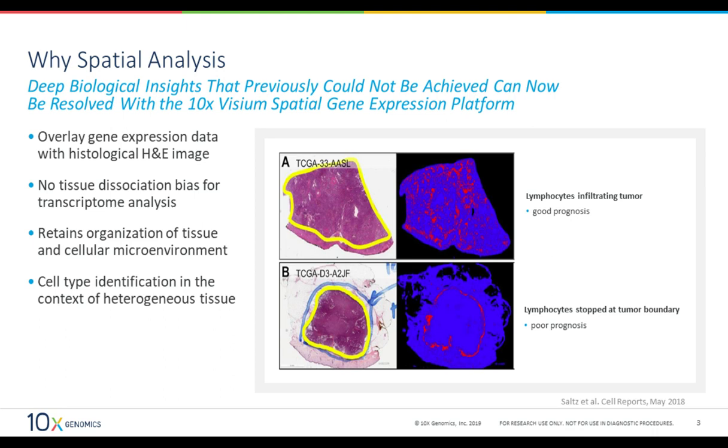And in B, a similar annotation has been made by a pathologist, where they say, in this region there's cancer, but if you look at the spatial gene expression signature for lymphocytes, you can see that the immune cells are blocked from entering that cancer. So it gives you an extra layer of information that you wouldn't have been able to achieve with other technology methods. And this was deemed a poor prognosis because you are not seeing a positive immune response. Now, you might say you might be able to do this with immunohistochemistry or other types of technologies,